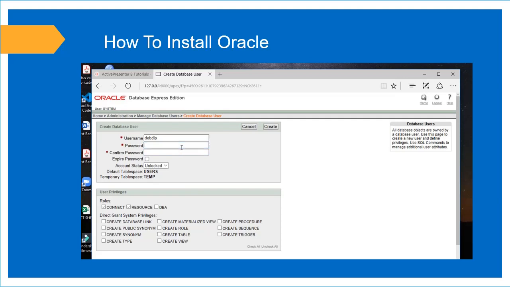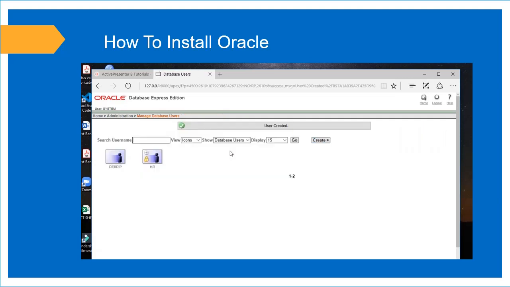You can give anything. I am giving system as the password and confirm password. Then click on DBA and then create. So you have created a username for your SQL. Now from here you can log out.